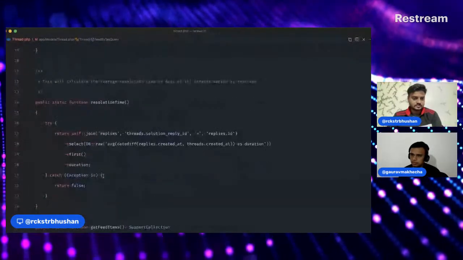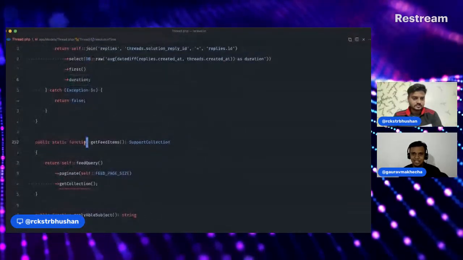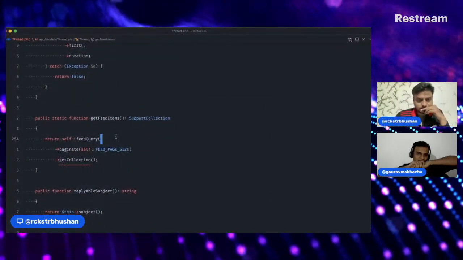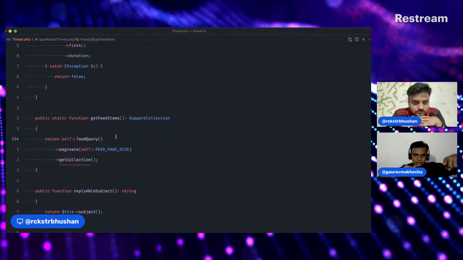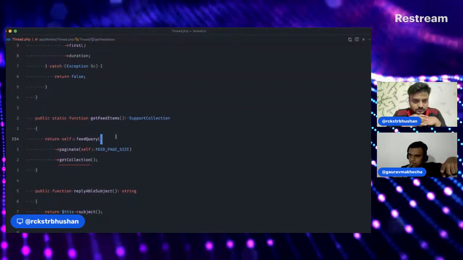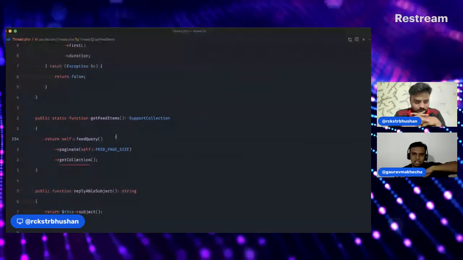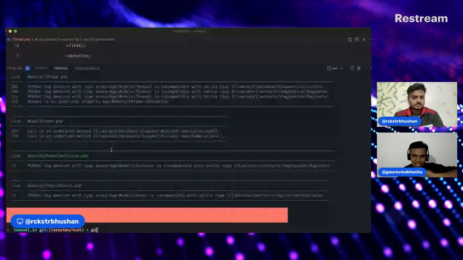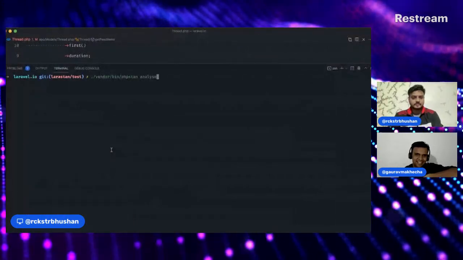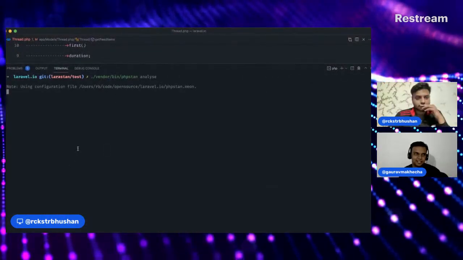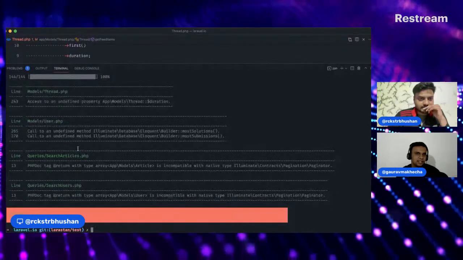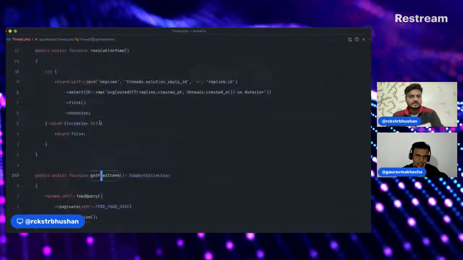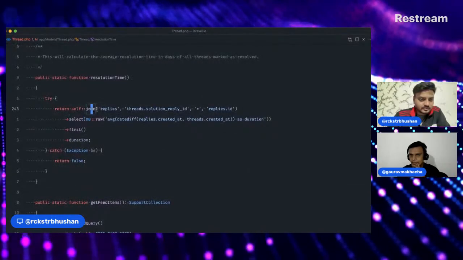Okay, 252. Again, very good instance here. If you look at it, it actually looks for a duration just above that. If you scroll up, line number... Actually, line numbers have changed because you have made changes. So if you run it again, the line number will change. Yeah, you are correct. So I'll run it again quickly, and we should be having, yeah, 243. Yeah.